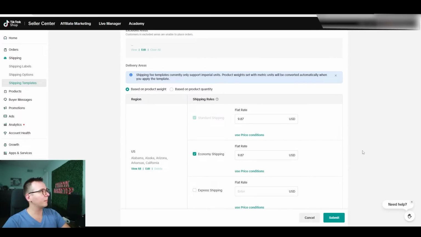You want to set up a template where it's based on product weight, and then you want to mark these two: standard shipping and economy shipping. Do not offer express shipping because you won't be able to fulfill these orders. So economy and standard. And what I charge